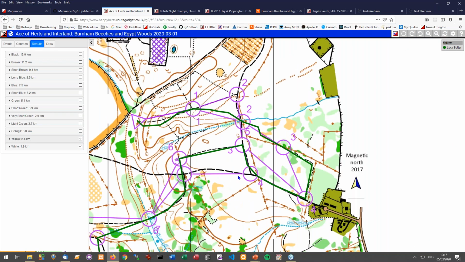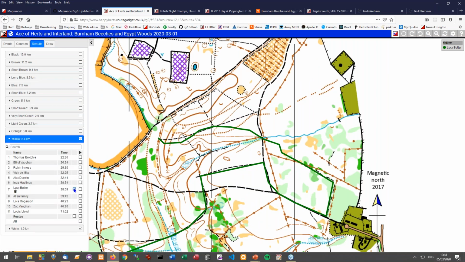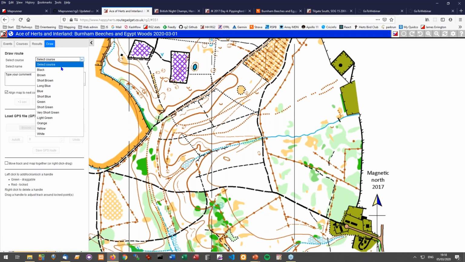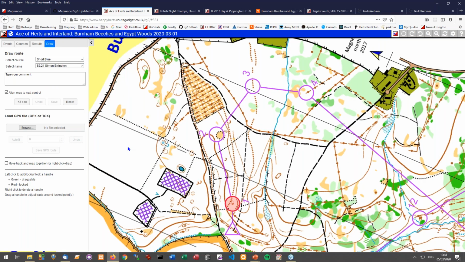The majority of people nowadays, sorry, let me just take that off again. Anyway, the majority of people nowadays are, of course, recording their runs on a GPS watch. So GPS, again, very straightforward. What you need is to provide a GPX or a TCX file. Now, both those formats are standard outputs from any of the software that you'll get with your watch or whatever.